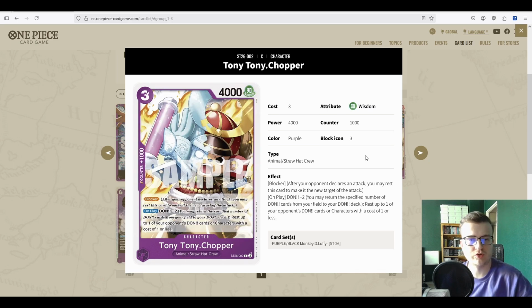Next we have Tony Chopper, very interesting card, 1k counter, 3 cost 4000 power, is a blocker, a jump blocker let's say, because of the low power stat line, and on play we can return -2 Don to our Don deck to rest up to one of your opponent's Don cards or characters with a cost of 1 or less. Quite interesting effect. Blocker keyword is always good, but the on-play effect works really well against other leaders that are using counter events, especially